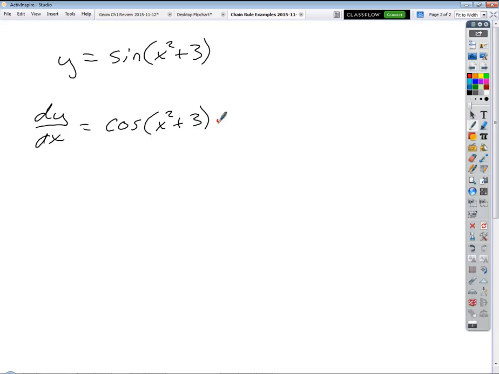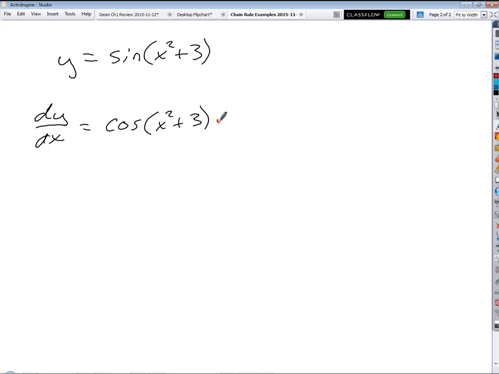Okay, so now I'll turn my attention to the next layer. What's the derivative of x squared plus 3? 2x. Okay, 2x. And I don't need to go any further, do I? I could have said, I guess, that there are 3 layers to this function, but the third layer is just a waste of time. Because when I take the derivative of x, what am I going to get? Just 1, right? So this is an important distinction. Now please pay attention. Don't get distracted. Ryan, turn around. So this one has 2 layers,